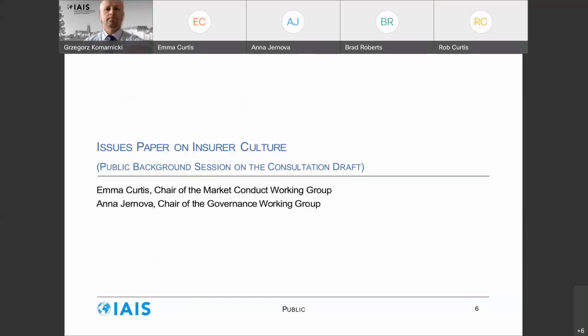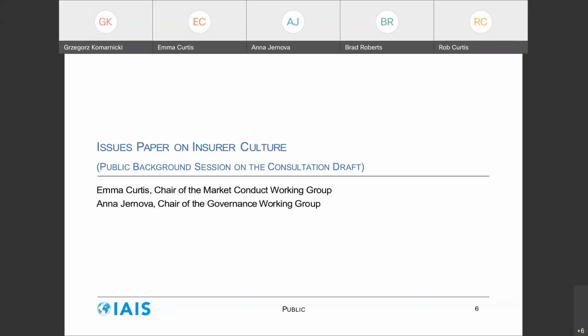Thank you for joining the session today. It's great to have everybody here. I'm the Chair of the Market Conduct Working Group in the IAIS, and this part of the presentation today will focus on the issues paper on insurer culture. This paper is being developed jointly by the Market Conduct Working Group and the Governance Working Group. You might remember that this project was presented to stakeholders in a public session in February this year. Since that time, we've finalised the draft paper for public consultation,